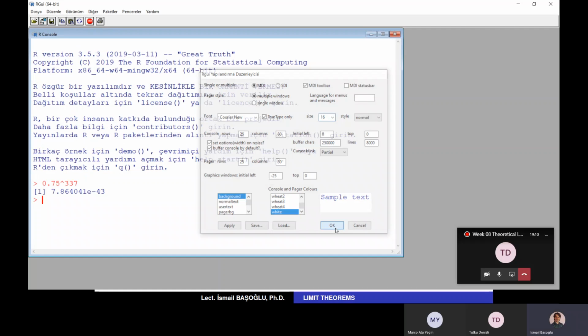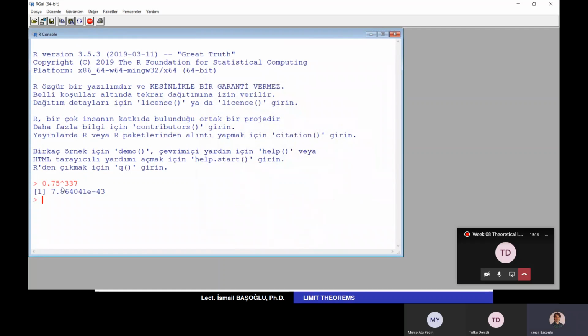So I suppose that you can see that 0.75 to the power 337 is a very, very small value. As you see, we have 10 to the power minus 43 here. So you need to write too many zeros after the decimal point. Then you can write the remaining value here. Okay. In fact, let me calculate